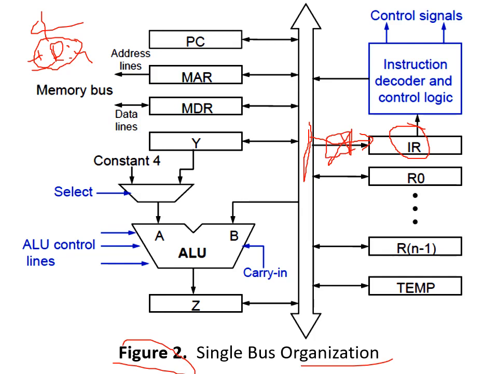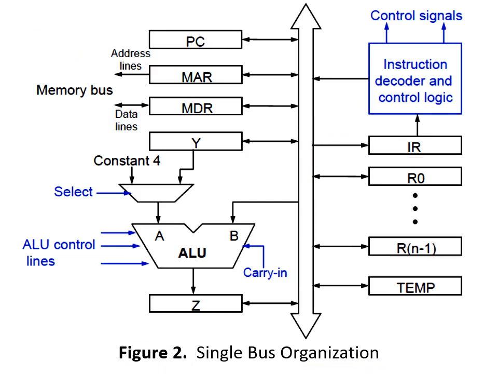Did you observe this? Whenever we say a basic step like MAR in, IR in, Z out, Z in, add or select 4, all the basic steps you write in control sequences, any basic step is nothing but a small work that the processor has to do at that particular clock cycle as mentioned in the control sequence. It's a work that has to be done, right? It's just a small task. So when I say Z in, the processor has to open a closed gate between the ALU and the Z register so that whatever data comes out of the ALU enters the Z register.